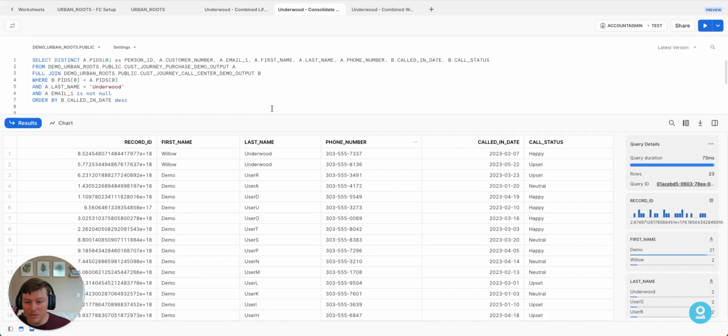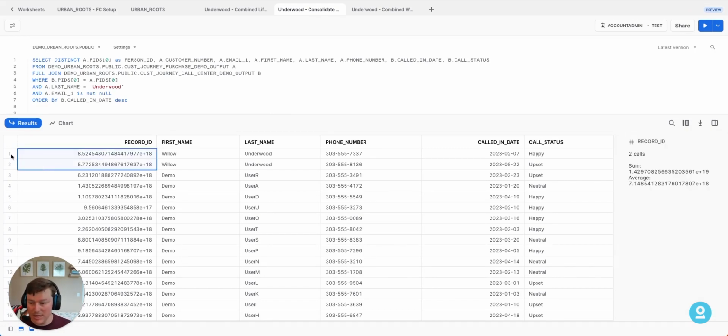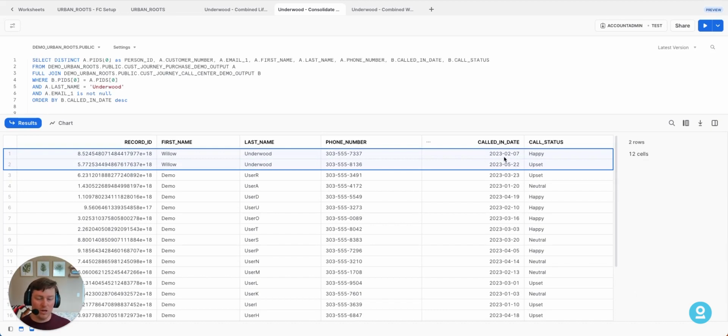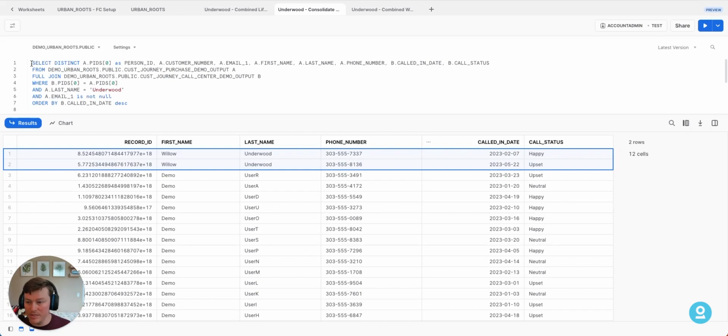This also keys into, as mentioned prior, the call center statuses. So as we mentioned, Willow actually had two calls, and you could actually see that here. One call was in February and was happy. The other call was in May and was upset. They're actually two separate phone numbers, and so prior, the company treated those as two separate profiles and was trying to make amends to one profile and didn't see that it was a high lifetime value, treated it in a certain way. And so now after you run this,